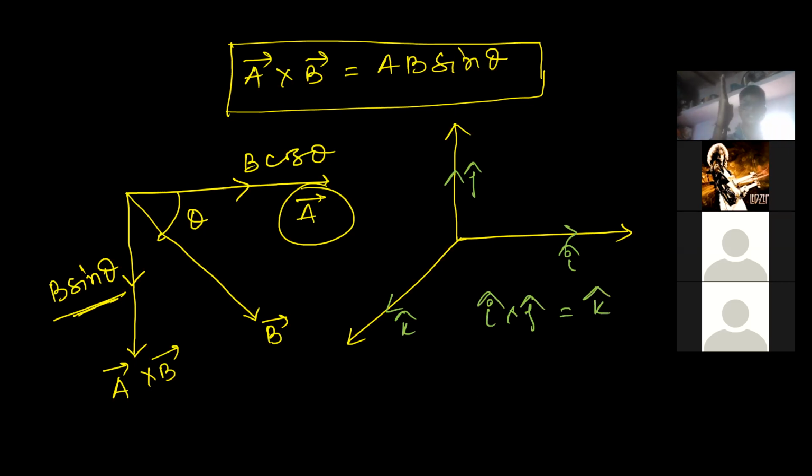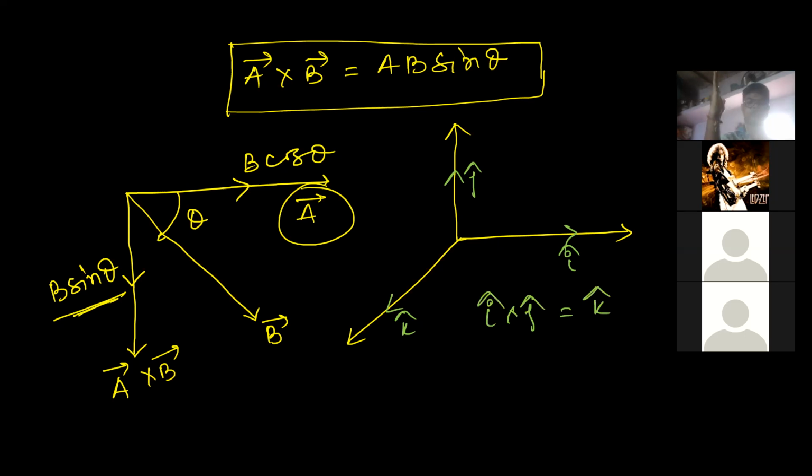Similarly, suppose this is your j cap, and suppose you are just multiplying j cap and k cap. This is actually a 3D diagram. It is the 3D coordinate we have just represented. Suppose if you can see any of the corners of your room, you can understand which of the things I am representing here. This is actually one of the corners of your room.